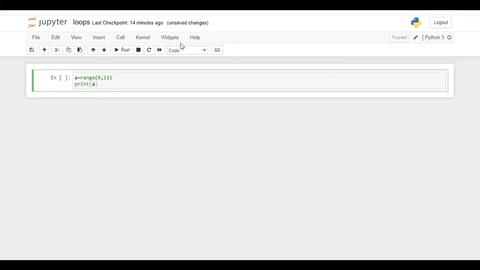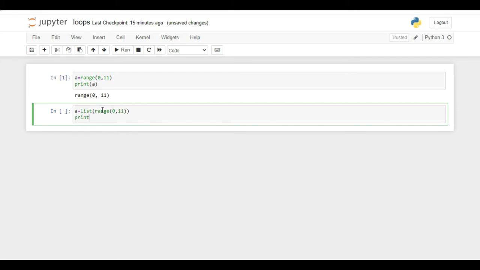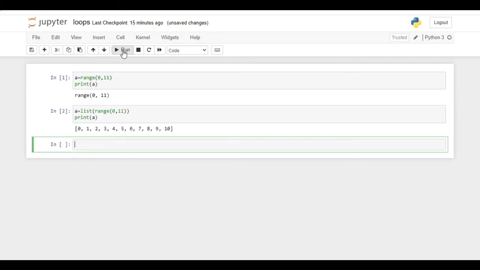Now, if you print this, it won't work and simply the string text will be printed. It happened because Python treats this statement as a mere string instead of a function. Hence, we should actually give the declaration of such a list like this. We define a list function and inside that we give 0 to 11 where 0 is the first element and 11 is excluded and it will print till 10. And if we print this list, it will give us the desired output.